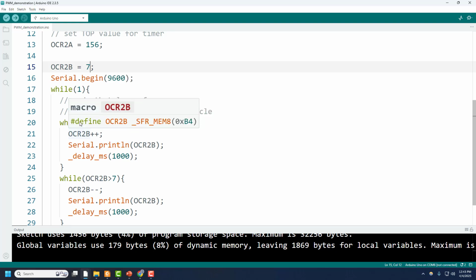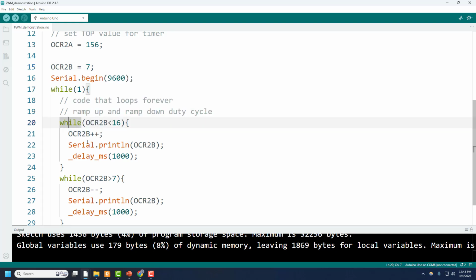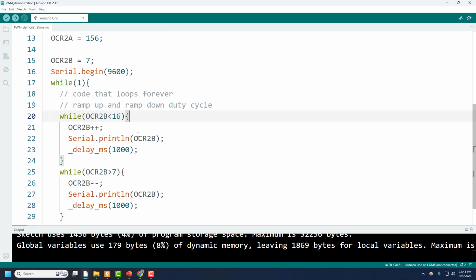So I'm demonstrating all of this with an 8-bit timer. The ATmega328P also has a 16-bit timer, but there's only one of those. So if you are using your 16-bit timer for something else, then maybe you would be okay. If I only need to move my servo in 45 or 90 degree increments, maybe this is good enough for you. So if I go connect and upload the code to my Arduino,